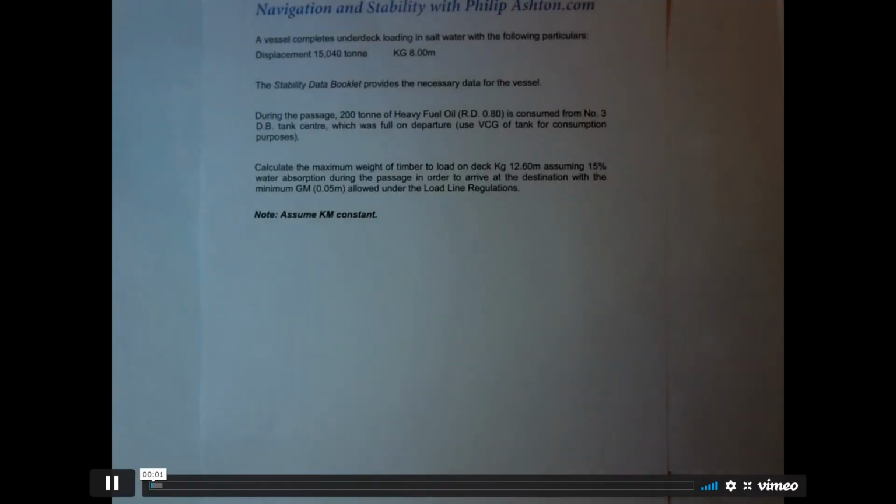This particular problem involves a timber vessel. The vessel's completed the underdeck loading with the displacement and KG given. And during the passage, 200 tonnes of heavy fuel oil was consumed from number 3 double bottom tank centre, which was full on departure. Calculate the maximum weight of timber to load on deck, KG 12.6, assuming 15% water absorption during the passage,